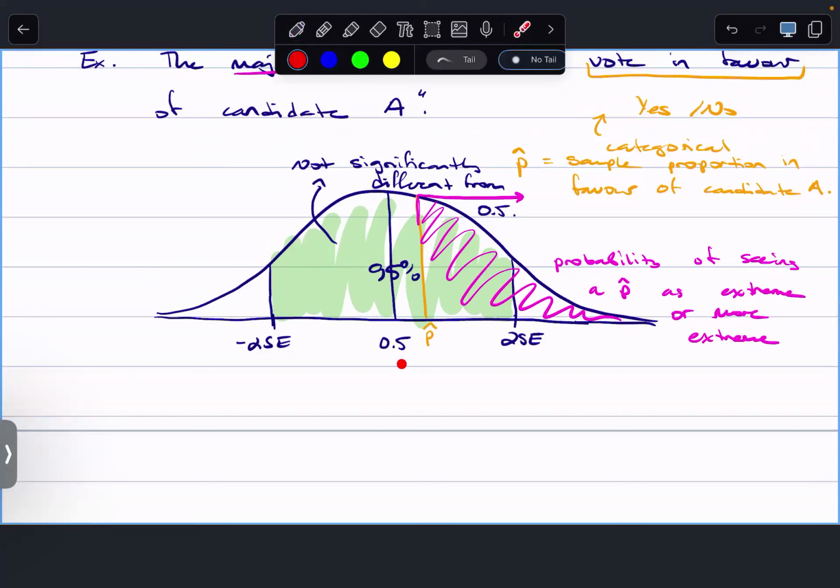What are we assuming? That the population proportion is 0.5, right? So assuming that it's centered on 0.5, then this is the probability, and we can find that area under the